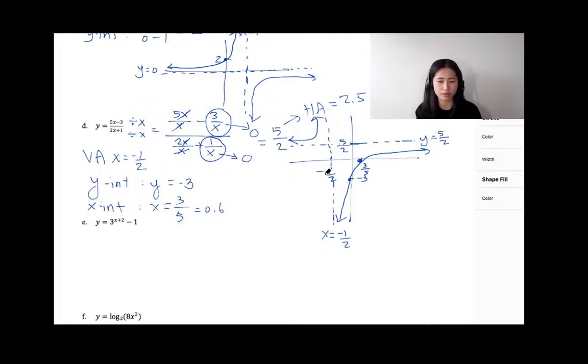As long as it's before -1/2, you're going to see that your y value, if your x is -3, your y value is a positive number, which is 3.6. So that means if it's before -1/2 or the left of -1/2, your function needs to be positive. That's why you're drawing this up here. Does that make sense? So that tells you that you're having your function